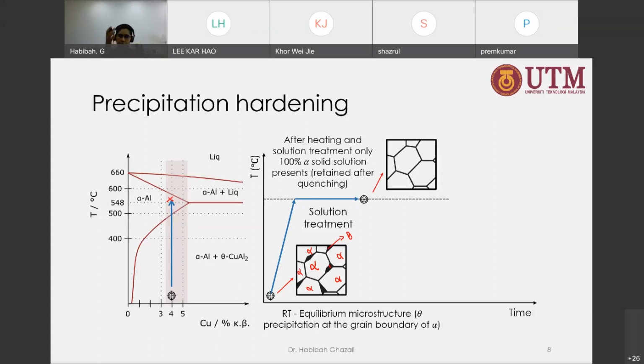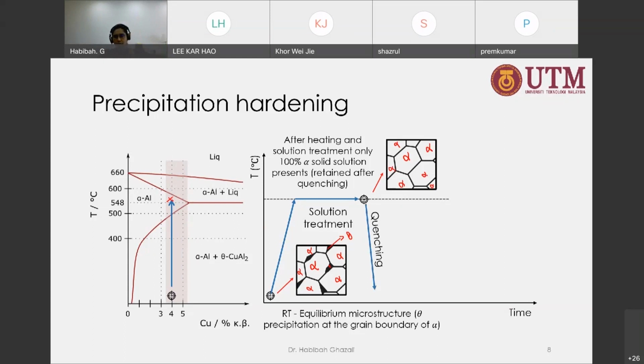So after this solution treatment process, only alpha solid solution will exist again, because when we increase the temperature, copper can go back to alpha solid solution. So this is what we are going to have. This microstructure consists only of alpha, alpha, alpha, alpha. So what if we quench them? So if we quench this microstructure